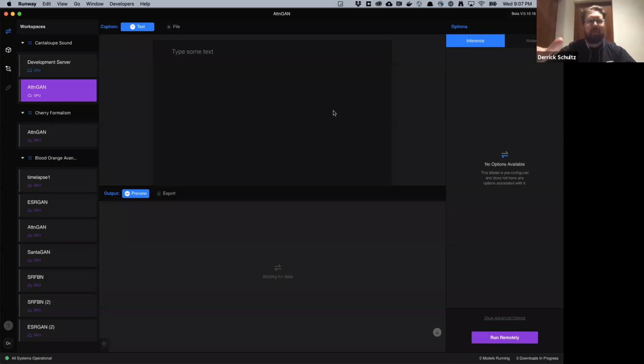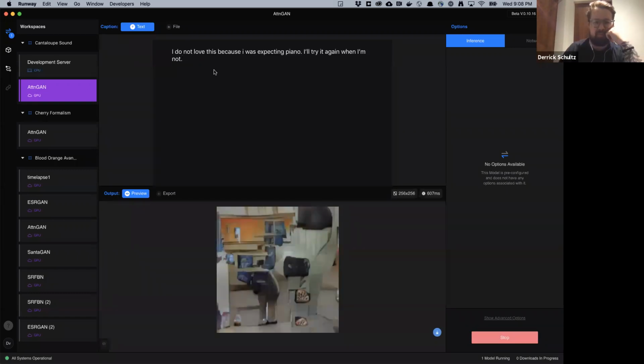So this is Runway. We'll talk a little bit more about Runway at the end of the class, but I want to just quickly jump into this and experiment a little bit. We're going to use a machine learning model called AttnGAN, and what it does is convert a sentence into an image. So I'm going to go ahead and start running this. It should take just a minute to get set up. Cool. So when I put in a sentence, it's going to start generating an image. That's pretty interesting. I'm going to save these because I love posting them online afterward.